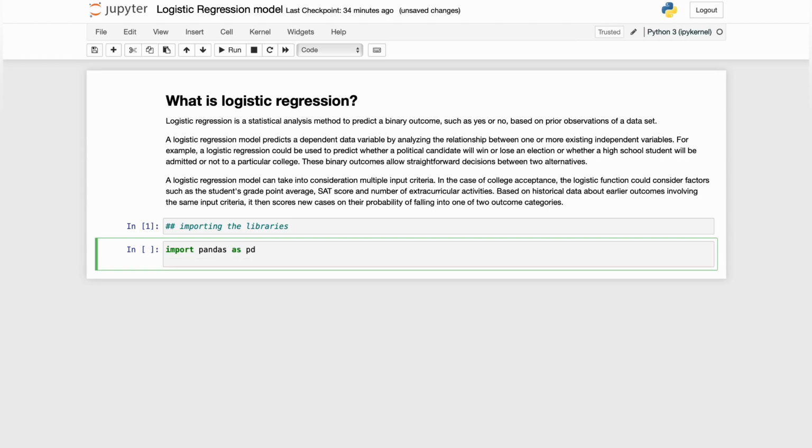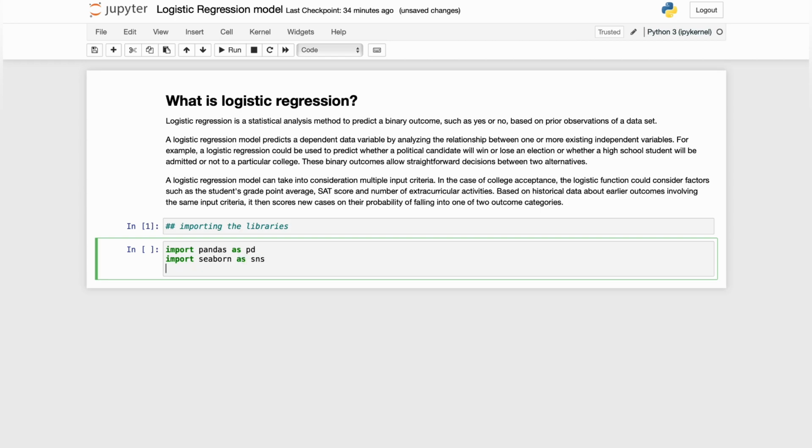Pandas is a sorting and indexing library for data frames. It is a common library for all analysis. The next will be Seaborn. Here we use Seaborn for visualization, like how the data are correlated with other variables. The next will be